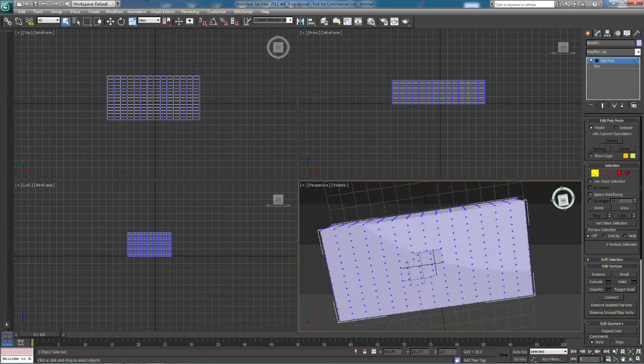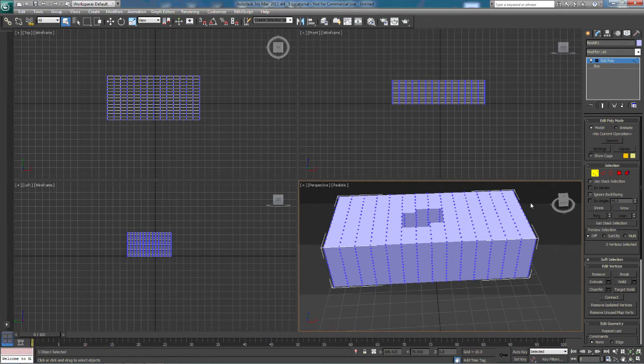Look, it's got a hole in it. The problem with this is that it's almost pixelated because it's got these square edges. If we wanted a round hole, that could be a problem. So the other way to do this,